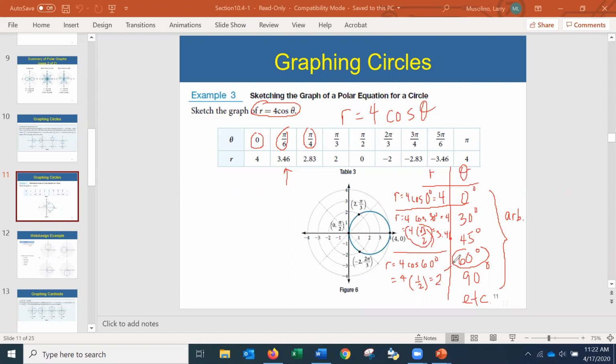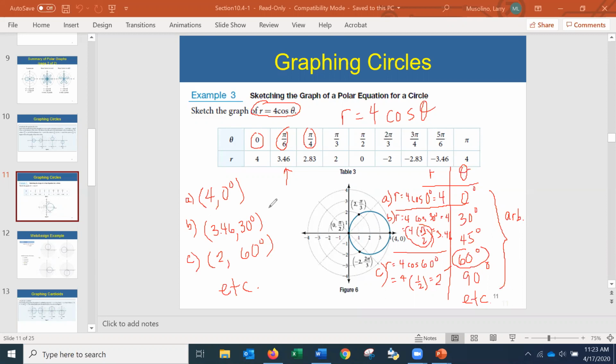So what this is giving me is all of these different r comma theta points. From this row, I'll call it row A, we came up with the r theta of 4, 0. I'll call this row B, we came up with 3.46 comma 30 degrees. And we did one more example, I'll call it row C. We came up with the answer 2 comma 60 degrees. And I could keep going and come up with more and more of these r theta points.